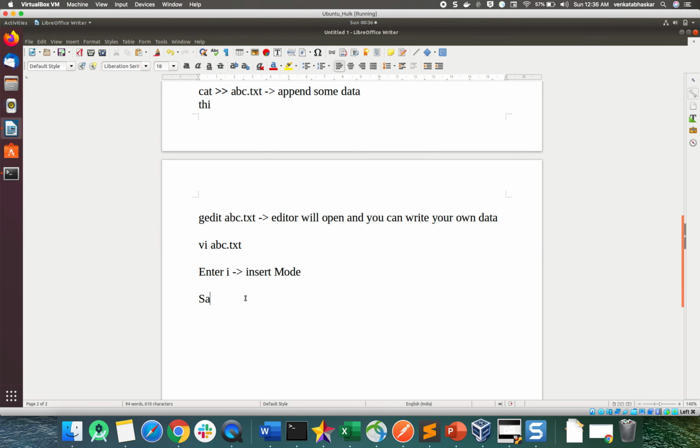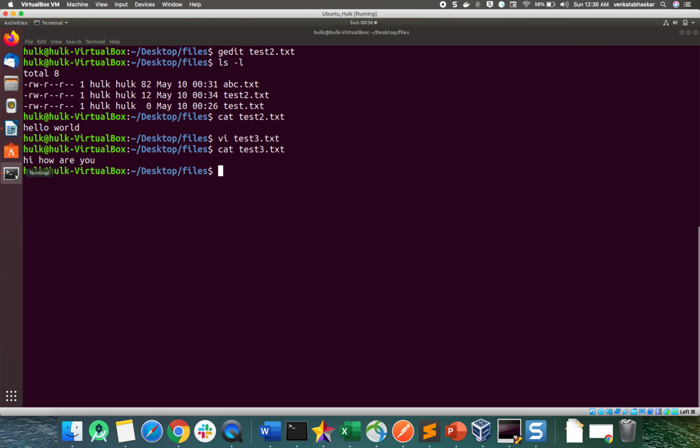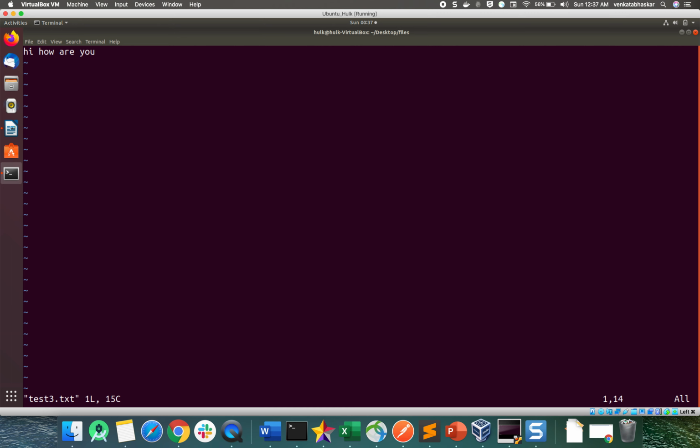If you want to save a file, follow these instructions: escape means colon WQ exclamation mark and enter. Immediately the file will be saved. If you want to see again, vi test3.txt. When I enter, see, the terminal is open.